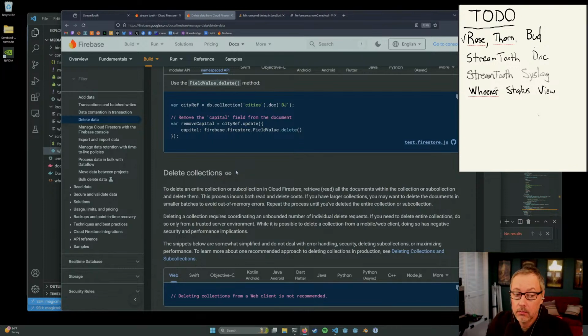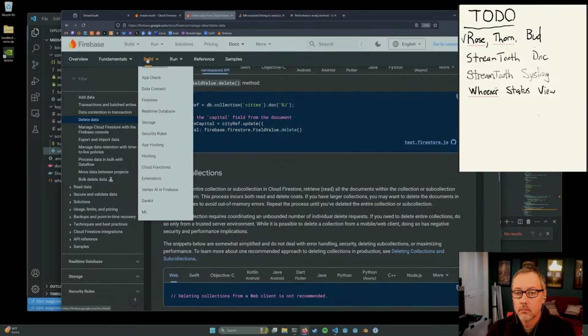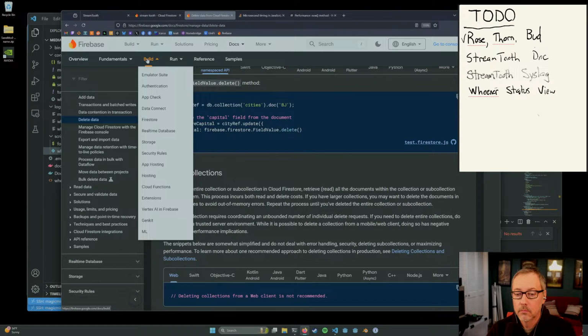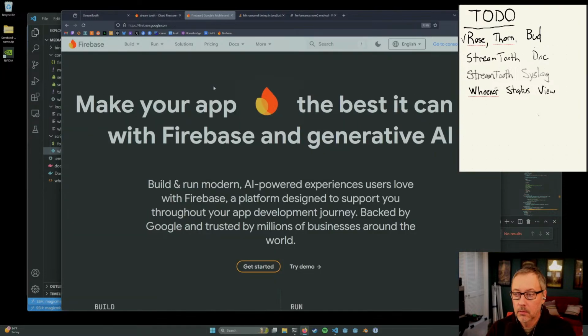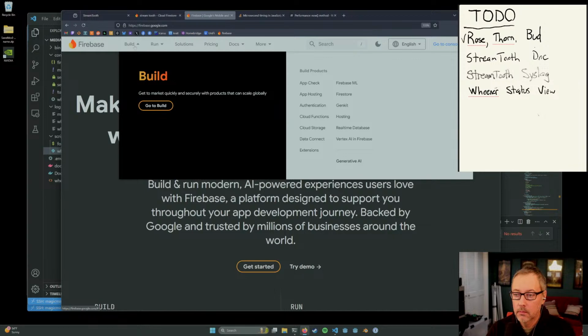I don't like that at all. Does Firebase have... Oh god.